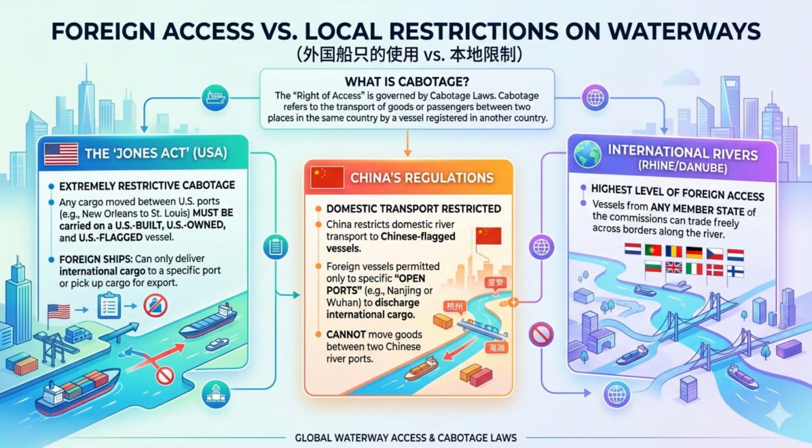Now, in this slide I expand further on some of the treaties that regulate the use of rivers. The title of this slide is Foreign Access versus Local Restriction on Waterways. You can see that in the treaty signed by the USA, there are certain requirements, like foreign ships can only deliver international cargo to a specific port or pick up cargo for export at a specific port, and any ship that transports this cargo must be a US built, US owned, or US flag